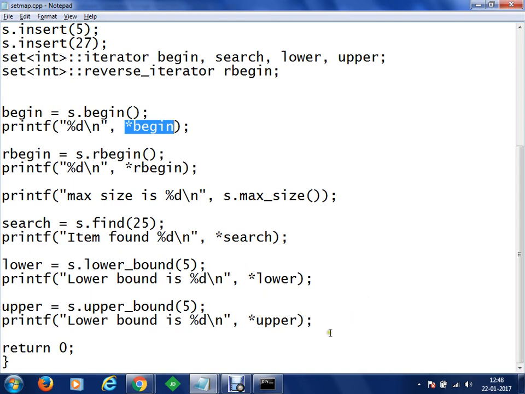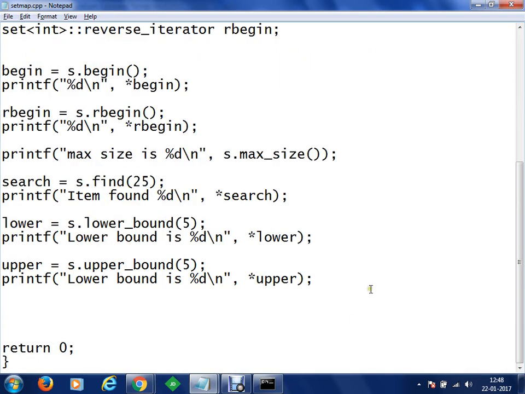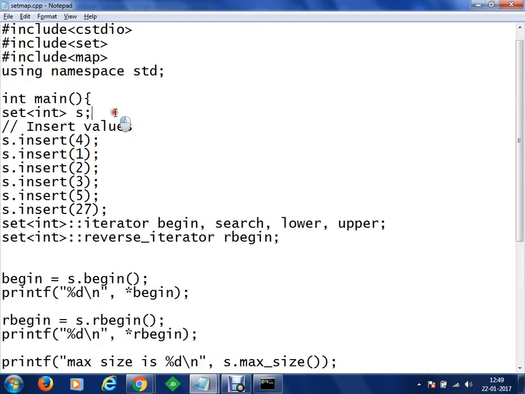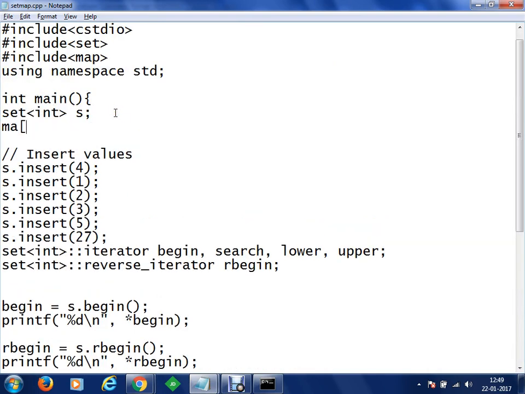Okay. Now we'll understand the maps part. So there is only one difference between sets and map, and that is the key part. Say we have a map here. Let's just create a map. For map we have to specify a key and a value. Generally the keys will be string. So we'll keep the map's key as string, and let's say the value will be an integer.